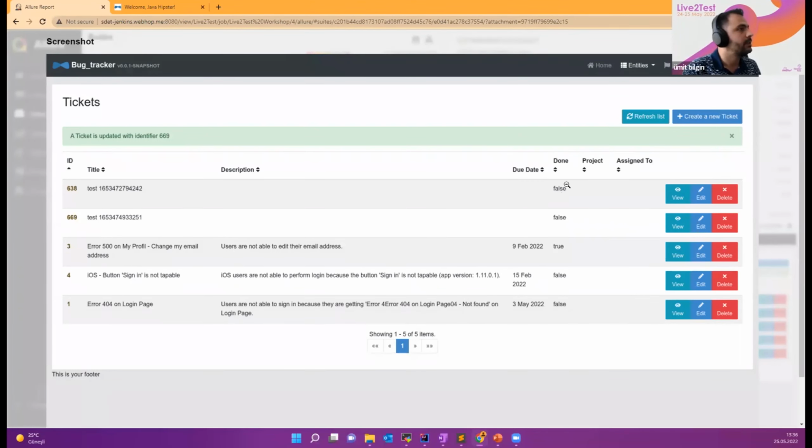Lastly, I have added epic and story text, which you can see under behaviors. This is epic Live2Test, and under the epic we have the test creation story. You can even use this place to download the report as CSV for better reporting purposes. Okay, so that's all for the Allure part.